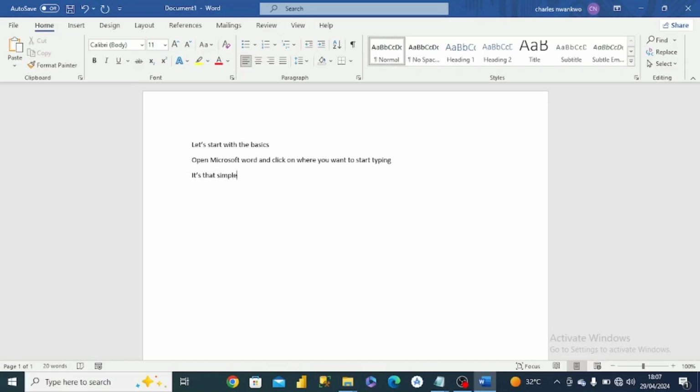To edit, click and drag to select the text. Then hit backspace or delete to remove it. You can double click on any area to start typing a new text. You can also